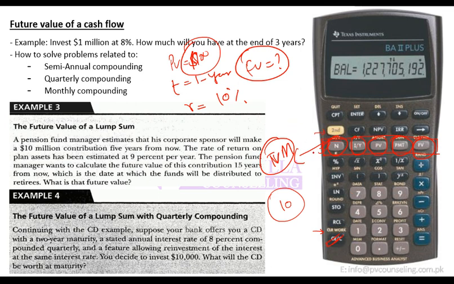Now recall from your Excel working, when in Excel you are putting in a present value, you put it as negative to get a positive future value, and when you are calculating present value, you put future value as negative. Why? Because it works as per a loan amortization schedule. It assumes that this present value is an outflow and what you are receiving in future is an inflow. So if you put in present value as positive, it will give you a negative FV. If you put it in as negative, it will give you a positive FV.